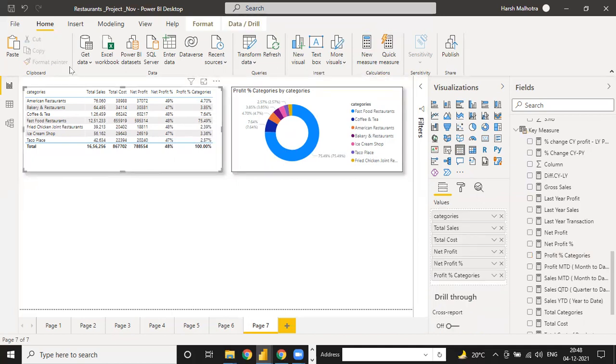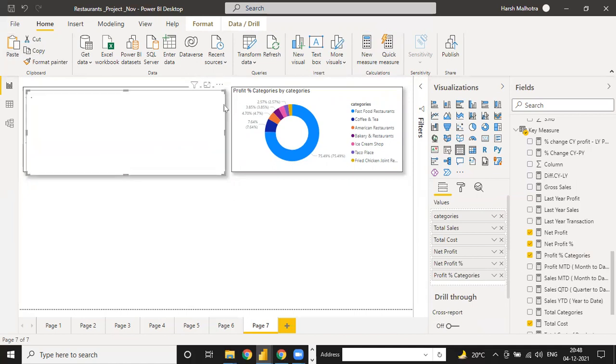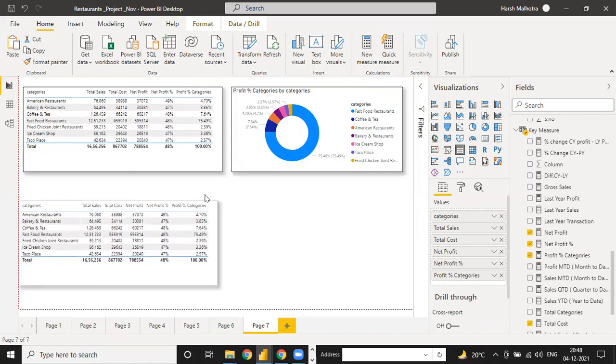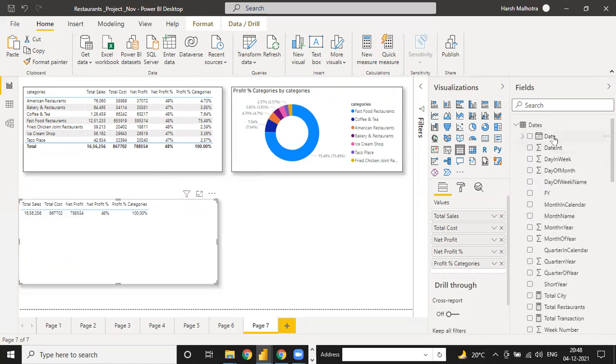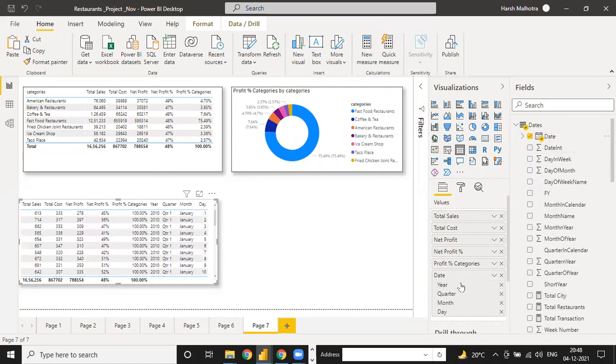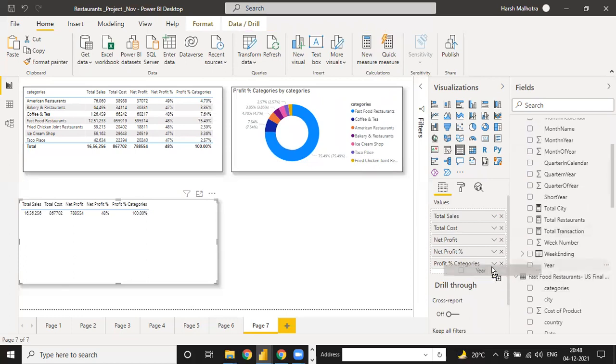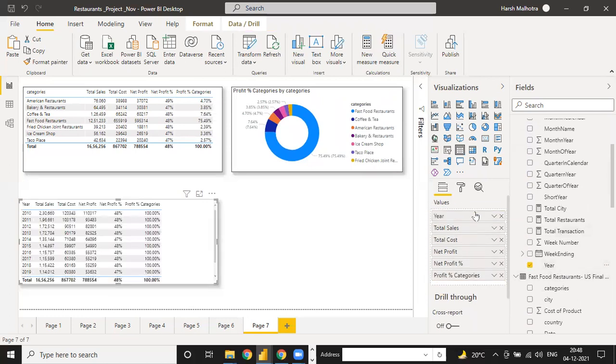And in the same way, click this, copy and just paste. Right now it's category wise. If I remove this category and enter the year only, see the total by year.